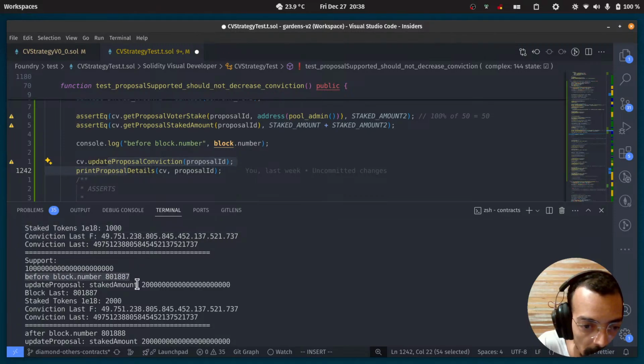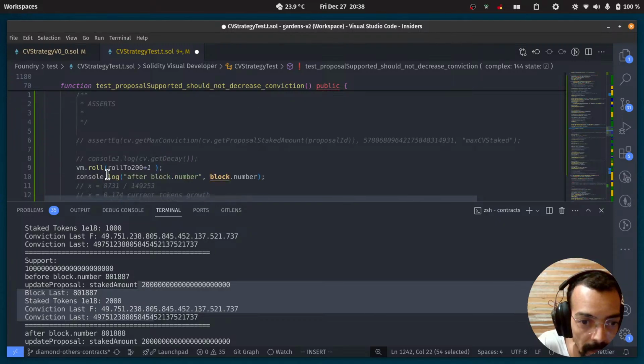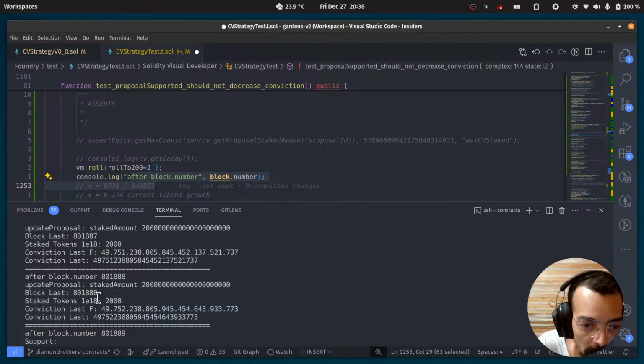block and the print. And then I think I'm going to roll again. Yeah, I roll again one block ahead, and then print after block. So going one block ahead. 80, 80, 80. Still the same values, but then the conviction should be growing compared to that one. Yeah, you can see here it's growing